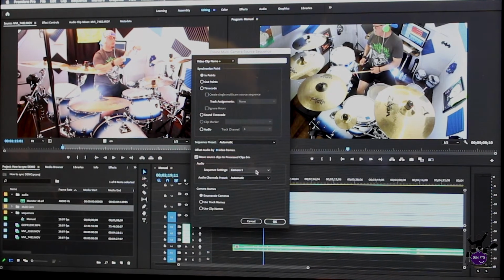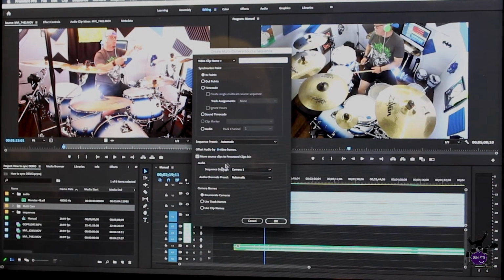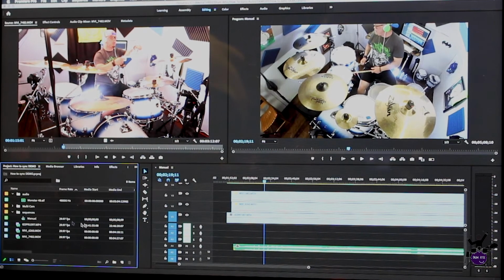We're going to use camera 1 audio because we're eventually going to get rid of it anyway. So this can all stay the same. That's your most important thing right here. Hit OK. Now in that multicam folder, if you unclick it, it's got something called process clips, and it's got